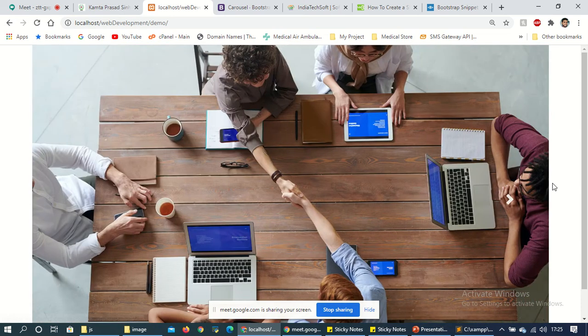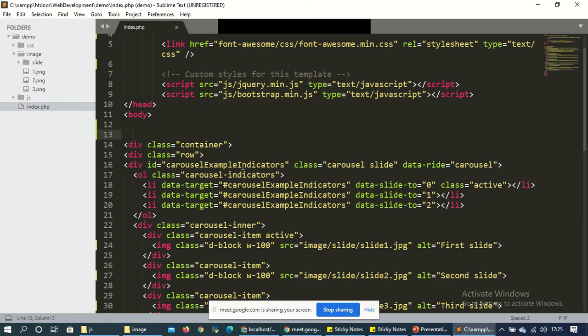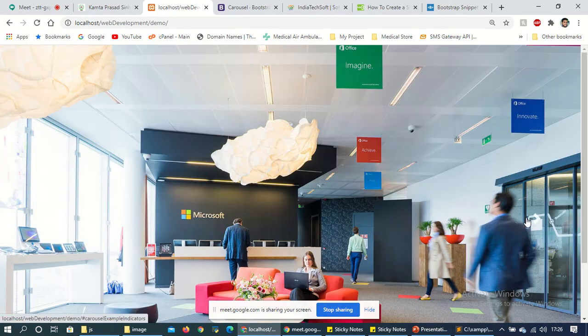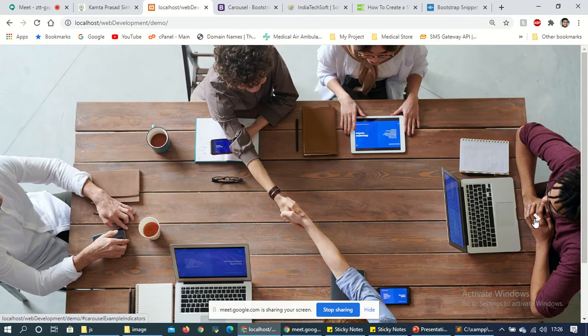That's why it is giving 15 pixel space from the left side and the right side. If I remove this container and use container-fluid instead, then it will occupy the whole space of the body. Let's refresh. Yeah, the whole space of this body, and now it is working.